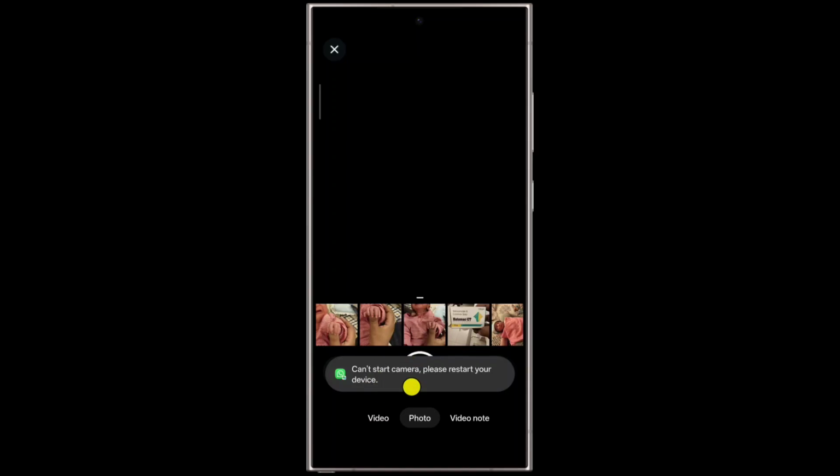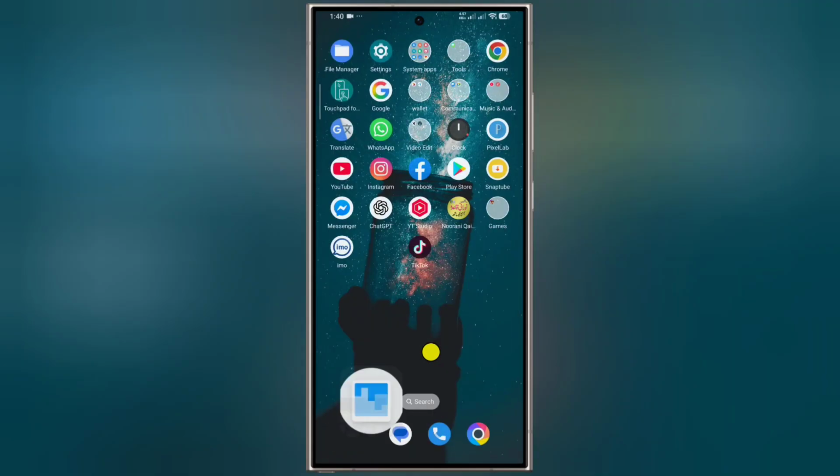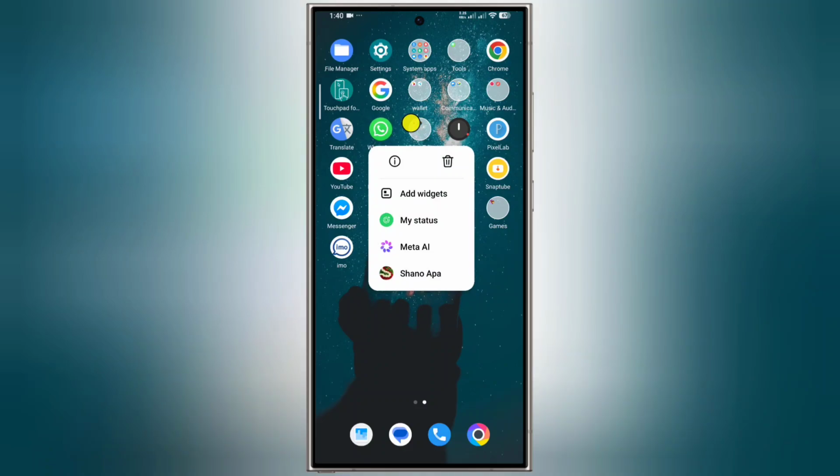How to fix cannot start camera on WhatsApp? Let's see how to fix this problem. For solving this problem, first of all, long press on WhatsApp, tap and hold, tap on the I button,